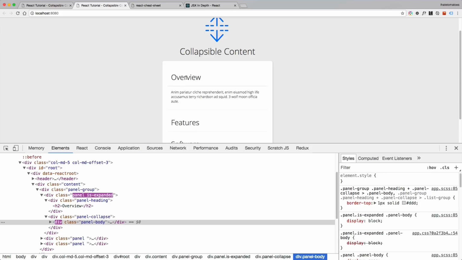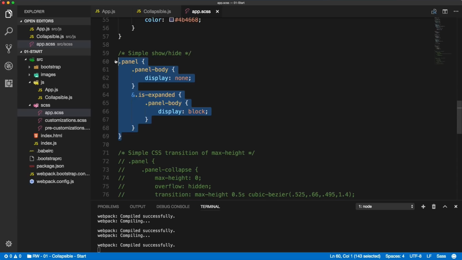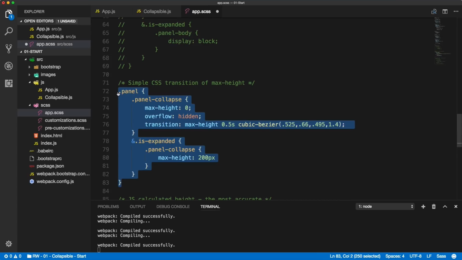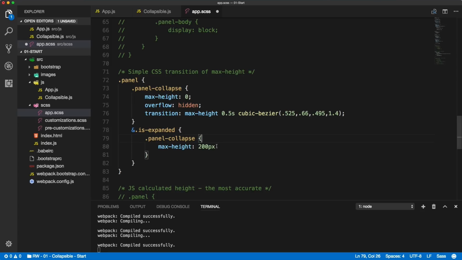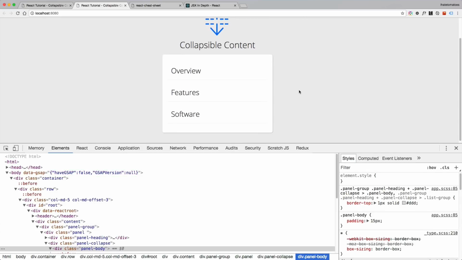Now this might be okay in some instances, but we want to animate it. So instead of just showing and hiding, we want to animate. And if you are familiar with CSS, you know that we can animate only the max height, from max height 0 to a predefined max height. So this is another approach, where we simply set the default value to 0 and then max height 200 when it's expanded. If you uncomment that CSS and view it in the browser,